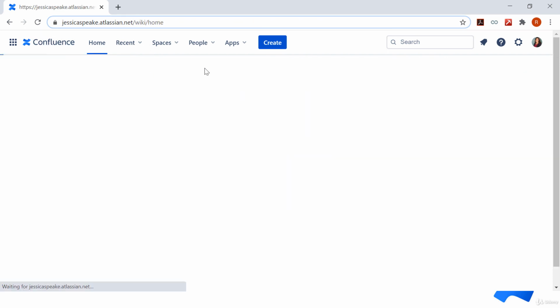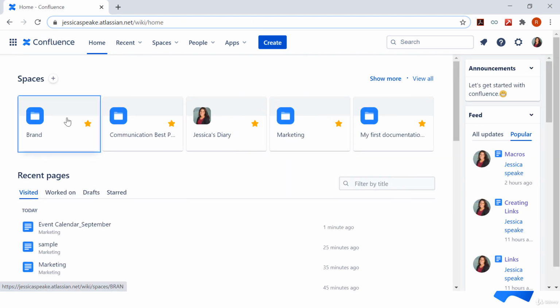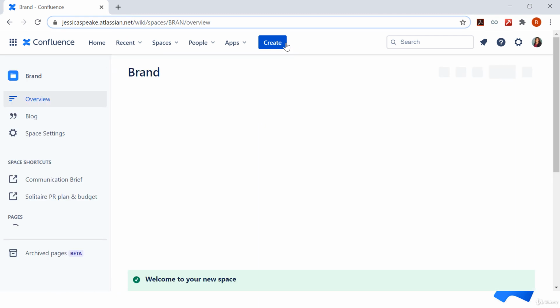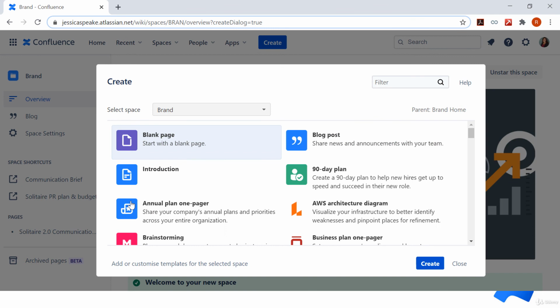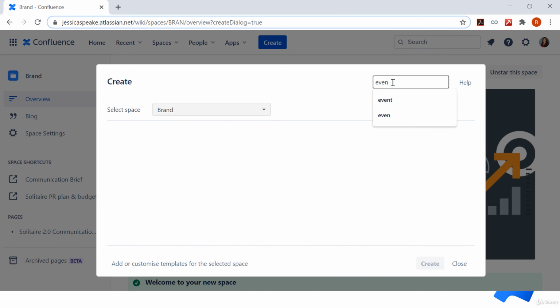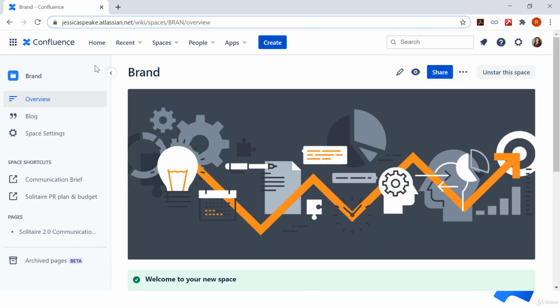Let's go to the home page and go to brand space and see if this particular template can be seen under the template option. So I'll search for event. You can see that I don't see this template listed over here, which means the space templates are only listed under the space where they were created.